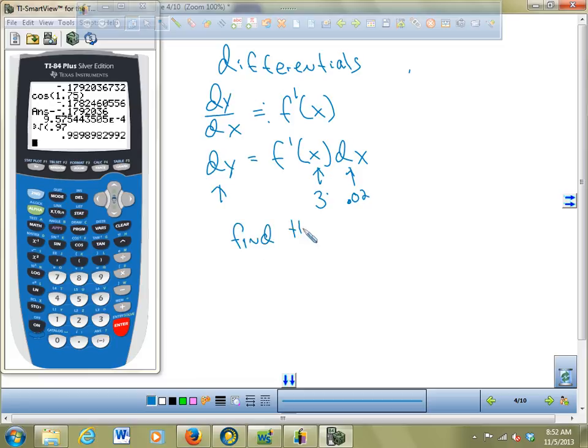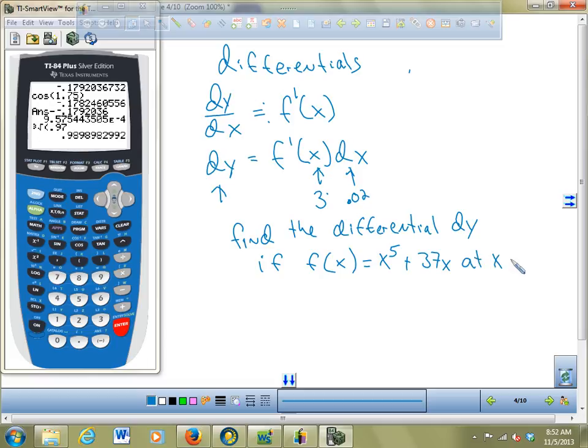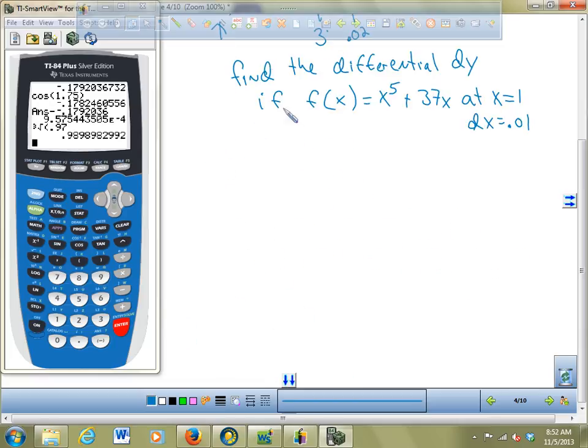So here's an example. Find the differential dy if f of x is equal to x to the fifth plus 37x, when x equals 1 and dx equals 0.01. I don't like the one they use, I'm not sure why they use this crazy example. So what this means graphically is,